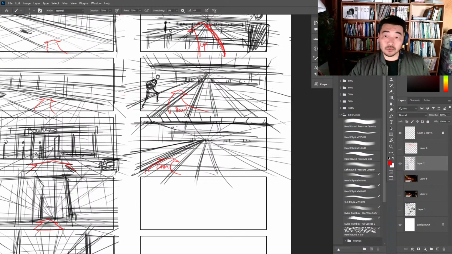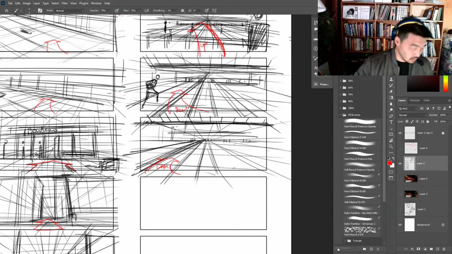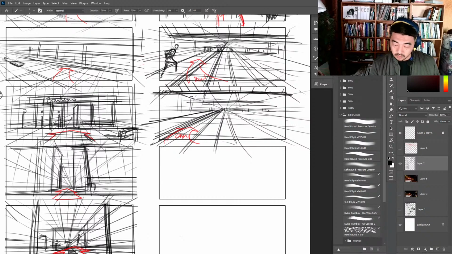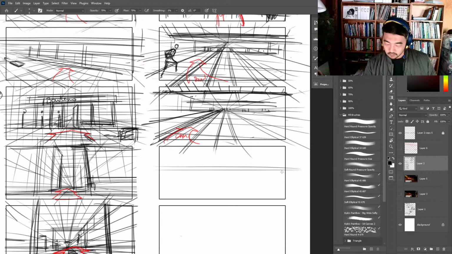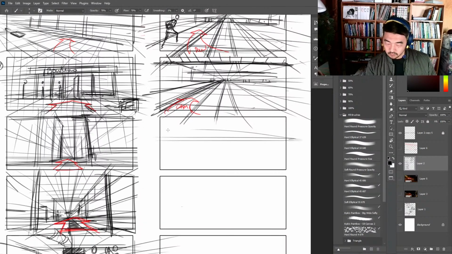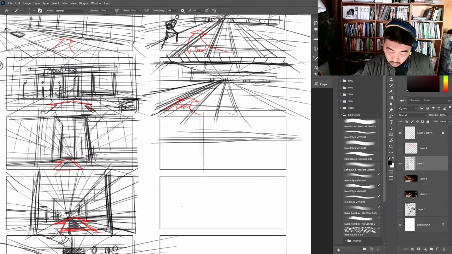Oh, I think arrows would actually be a good topic to cover. So then we come this way, around. So now here's the vanishing point.